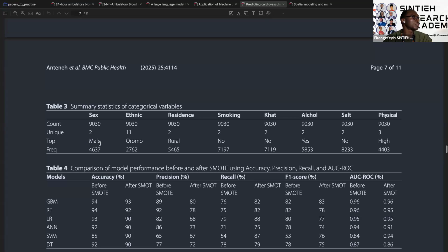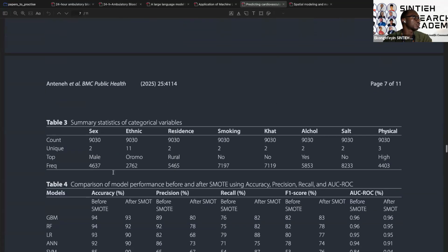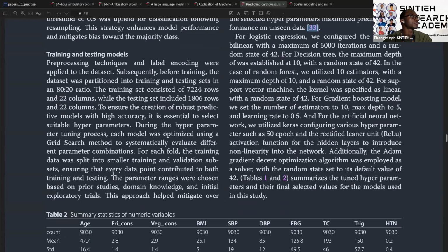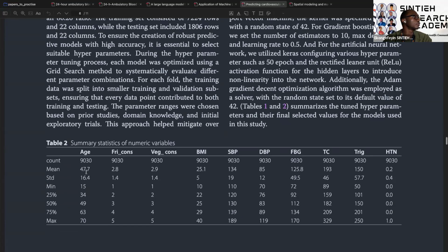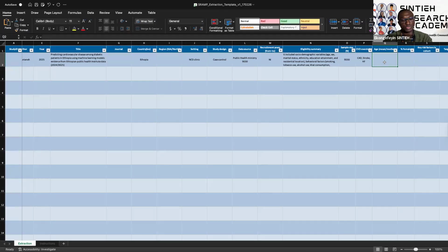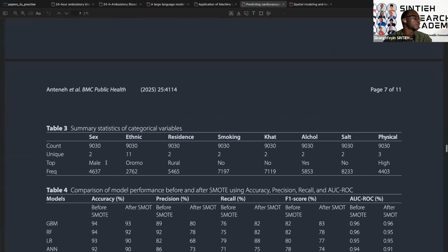So male was the most common. And then these are the other risk factors. So all of this information is available. So what do I come first? The mean age was 47. Mean age was 47.7. It did not give me percentage female, but I'll flip the coin. So if I have frequency of males to be